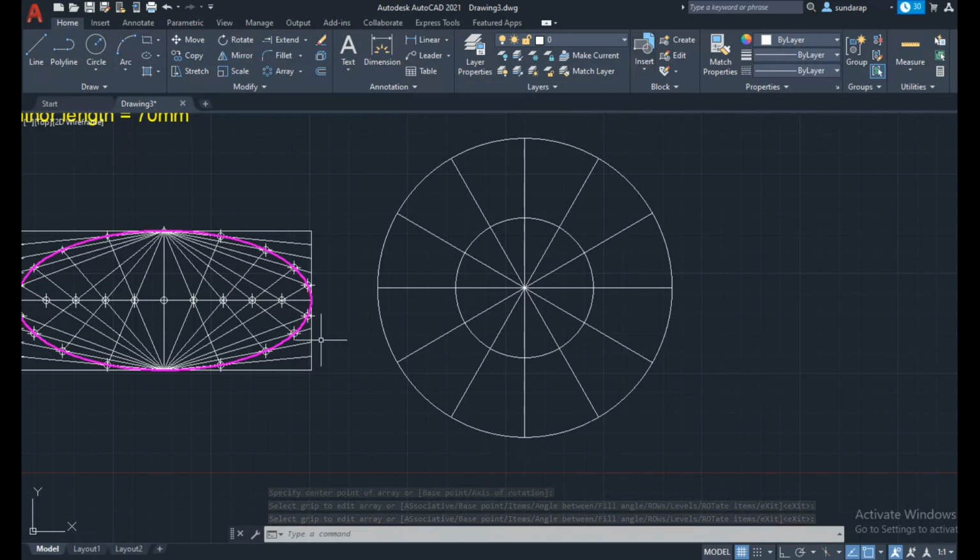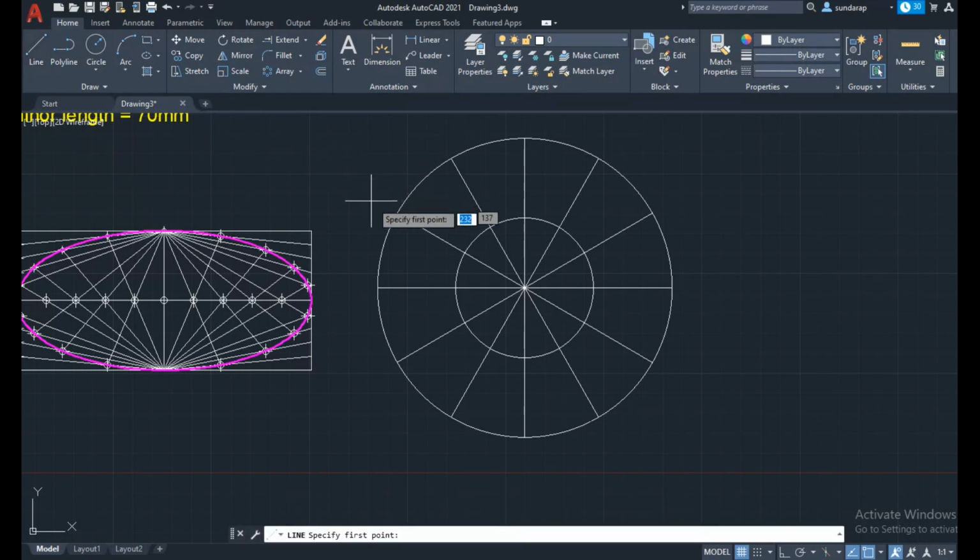Then use the line command and draw one vertical line downward; enable the ortho mode and draw a vertical straight line.